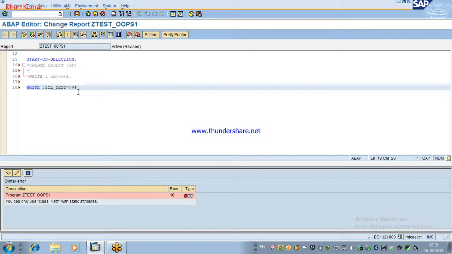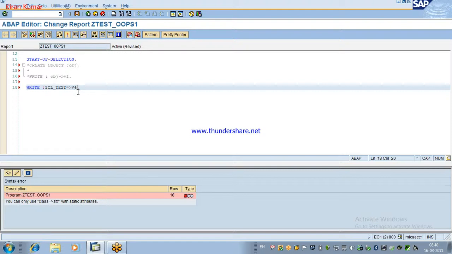I'm clear with the creation, sir. If you want to call an instance component, we need to create an object. For static, we need not create an object. Correct. In use, sir, how will they behave differently? That I'm going to tell you in the next example. I'll create an example and tell you in real time how you are going to use this. Okay, fine.